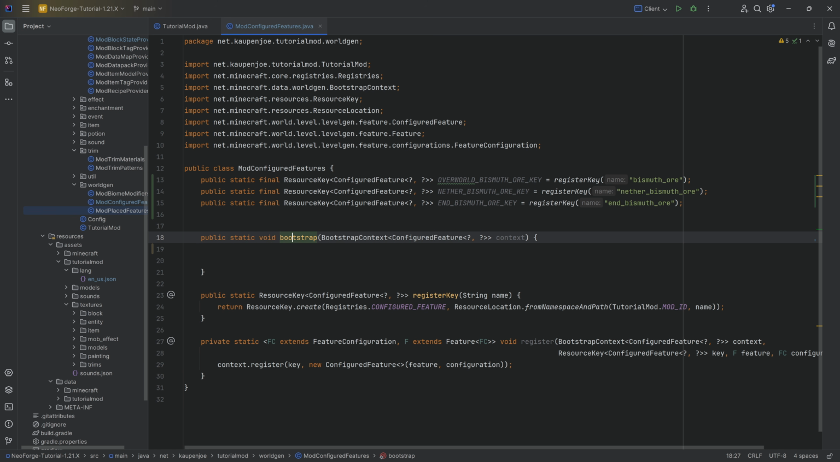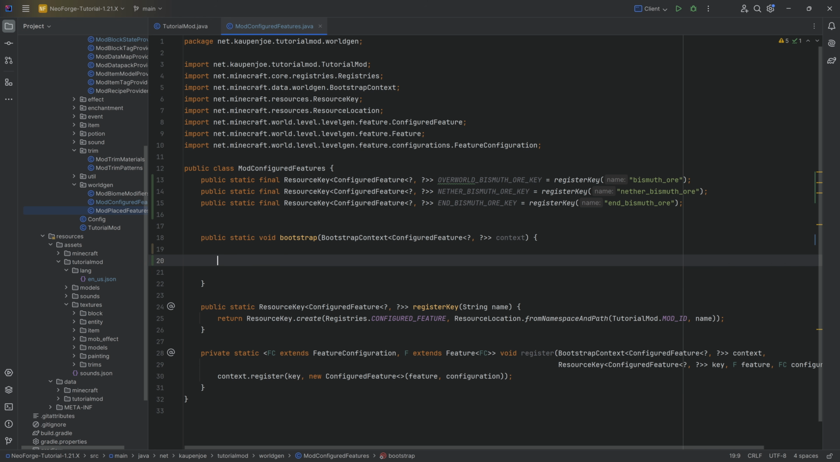Now, in the bootstrap method, where we will register our configured feature, we first of all, for our ores, have to define a rule test. Now, this rule test works as follows. You can think of the ores as the following. We're going to define the ores in a second, and then we'll also say, okay, what can these ores replace? Meaning,